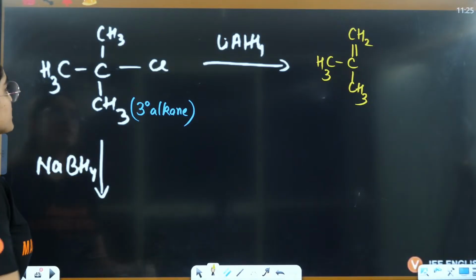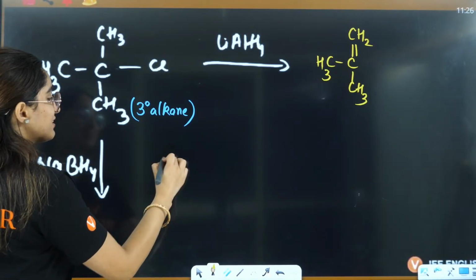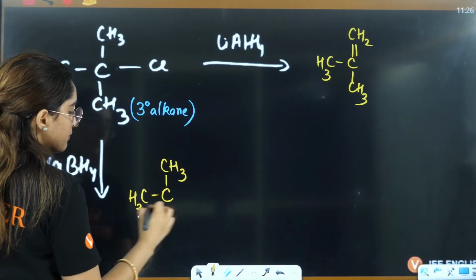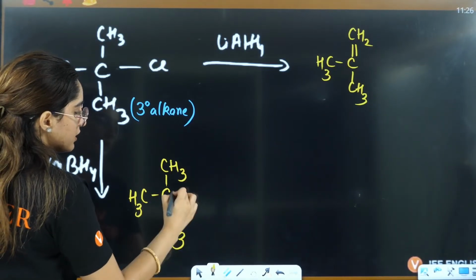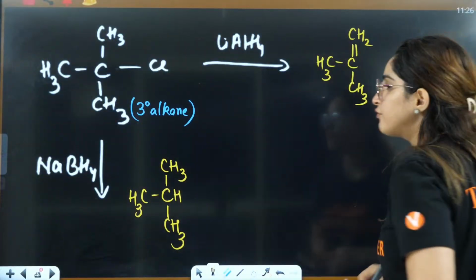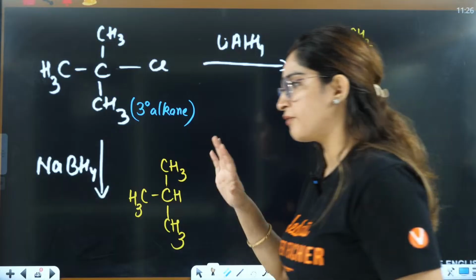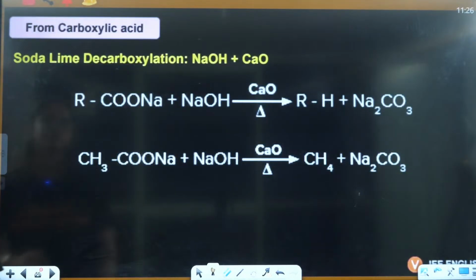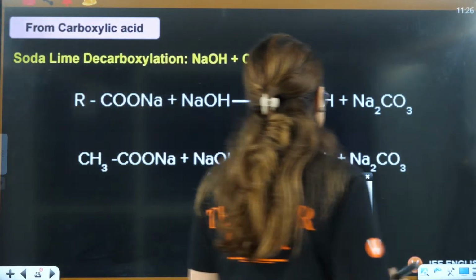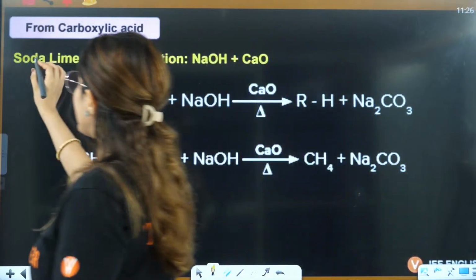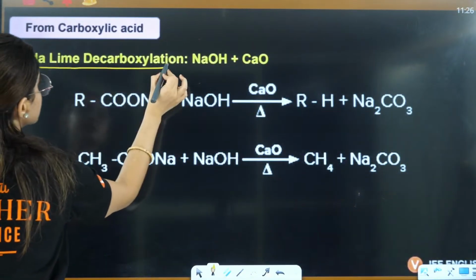With NaBH4, with 3 degree it is going to give you alkane. That means that chlorine will be replaced by hydrogen and this is what you will have the formation of, right? So these are some of the direct reactions that you have, right? Okay, tell me. Clear? Now next is from carboxylic acid, one of the very most important reactions, that is soda lime decarboxylation